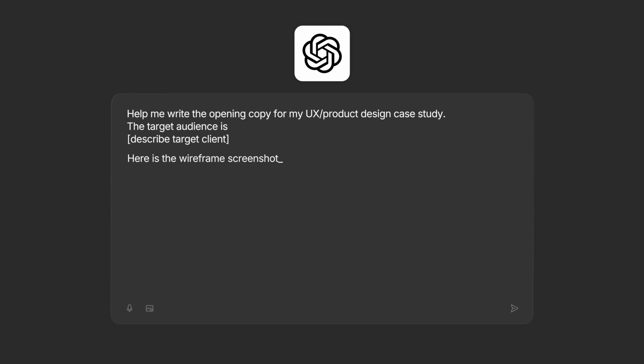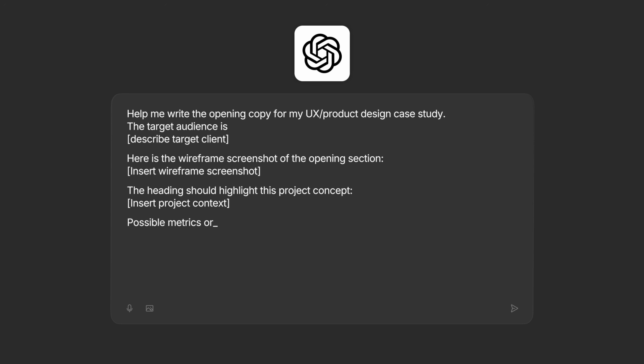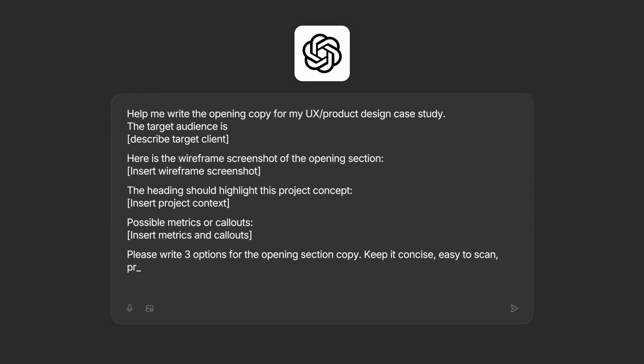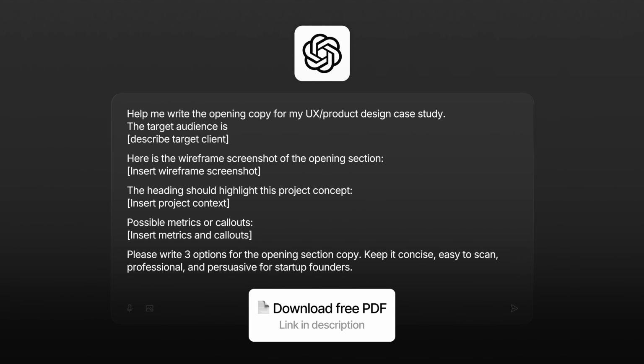For every section, I like to use the voice mode and talk through my ideas out loud with my AI tool. I first explain the context, then I walk through what I'm trying to say and basically ramble for a while, and ask my AI to help me write a few options that are short, easy to scan, and relevant to my audience while staying accurate without making anything up.